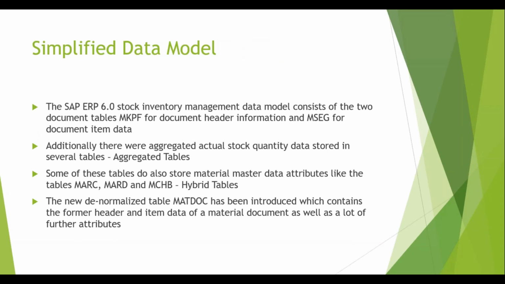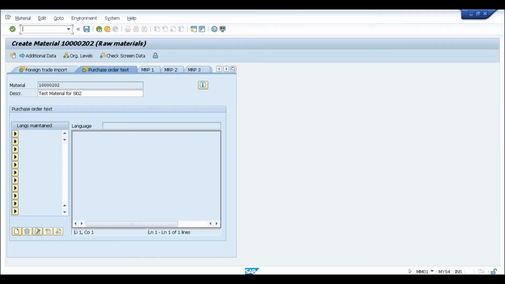Let me open this in SAP itself and show you. Are aggregate and hybrid tables different or the same? No, see, by the name, aggregates are the tables which are only holding the totals. And hybrid tables are the tables which are holding the totals, plus they are also holding the master data. I'll give you the best example.